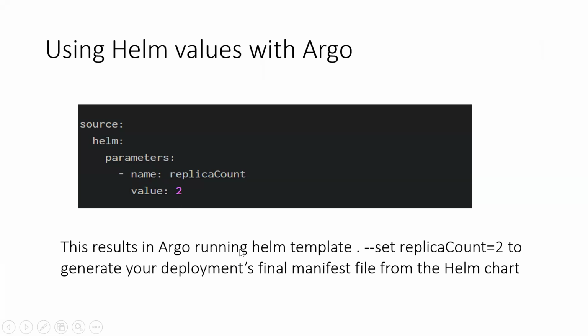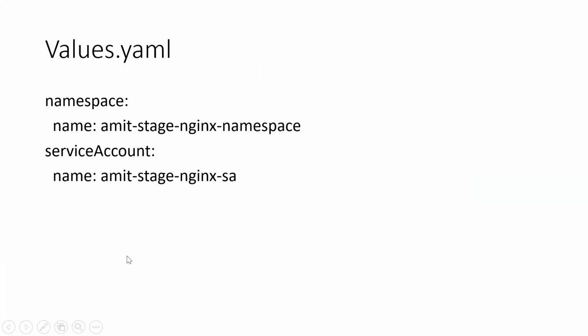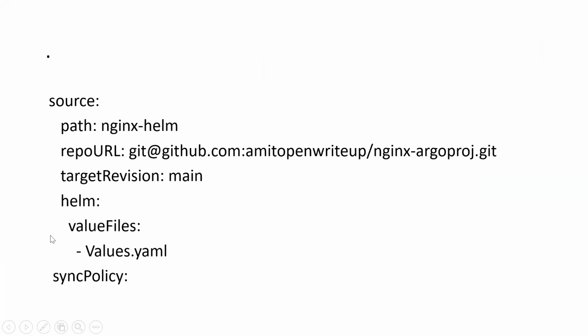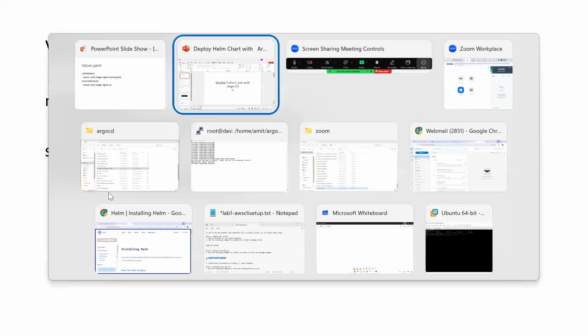If I go and use Helm directly, I can use it, but currently we are using Argo CD, and in Argo CD I have downloaded the Helm package into the Git repository. So this is my Git location, and this is the values.yaml file. This values.yaml file I am mapping into the application CRD. Here you can see the namespace name is there, and the service account name is there. Let's go and see